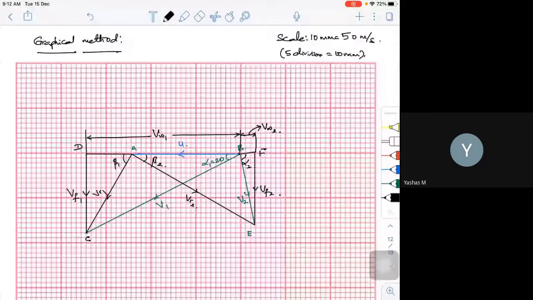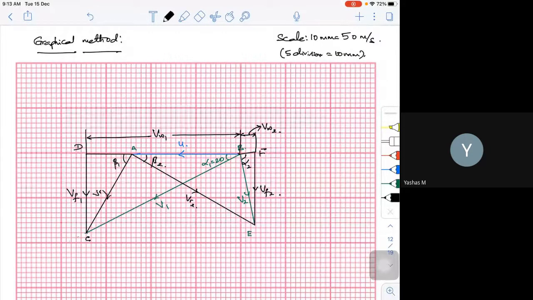Is that clear? Is that fine? So the same procedure can be adapted. In this particular case, based on the data given, I am able to solve it. But maybe in some other problem with some other data, they may not give the V1. They may just give alpha 1 or they may give VR1. In that case, what you have to do is, with alpha 1, extend this particular line. With A as the point, you know the VR1, you cut the point, so you will get the intersection point. So the methodology may change, but this is the procedure for getting the velocity triangle.